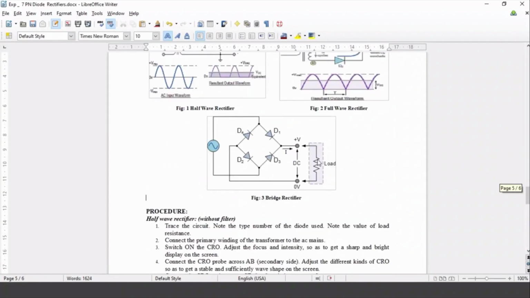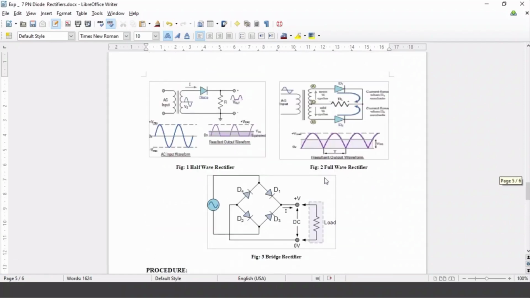Turn on the CRO, and what we do, we measure the voltage across the load. CRO we have already studied. In your electrical workshop also you are studying what is a CRO, cathode ray oscilloscope, used to visualize and measure the signals. Okay, so across this output we need to visualize the waveform and measure the output voltage magnitude.